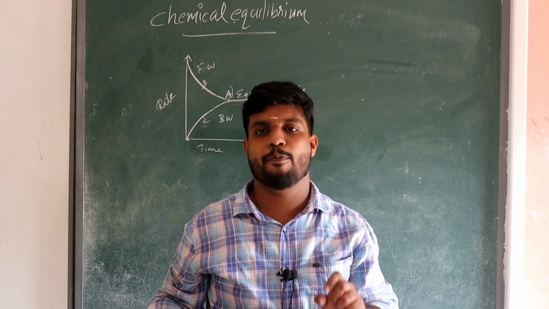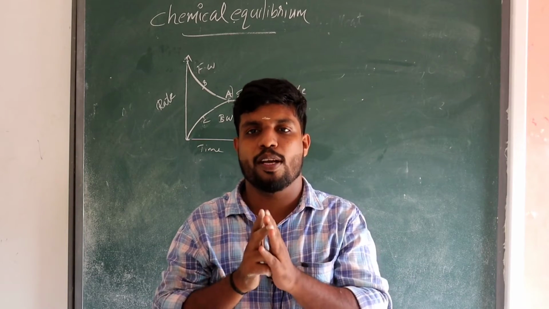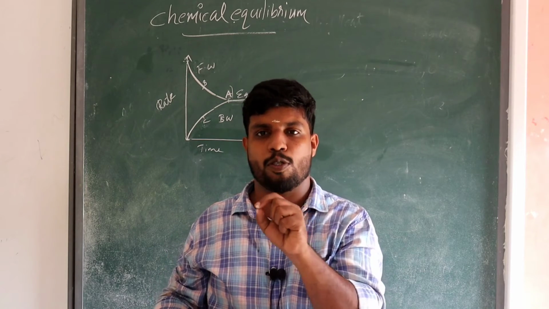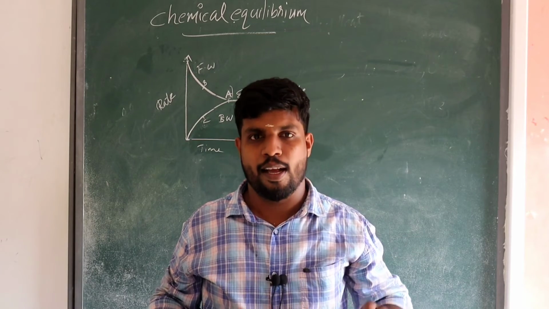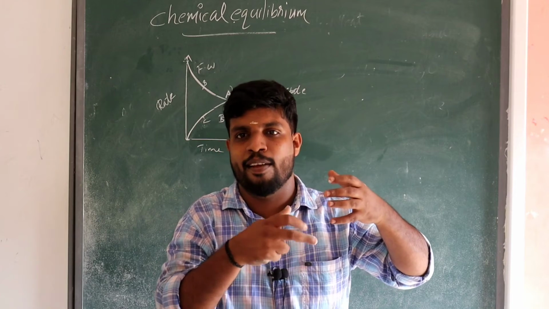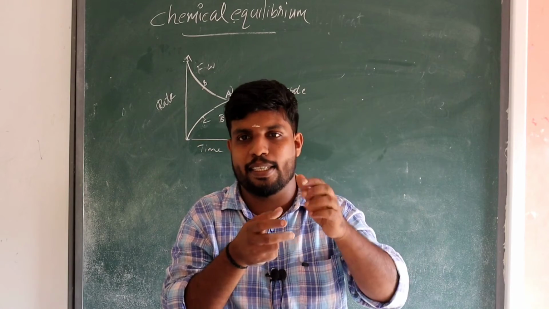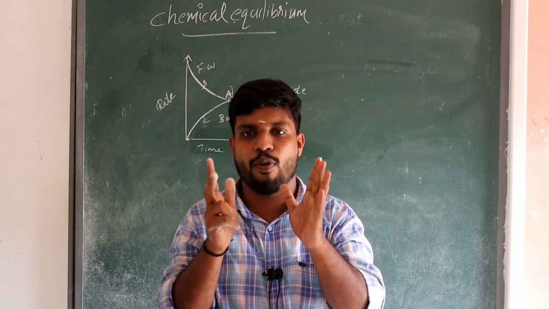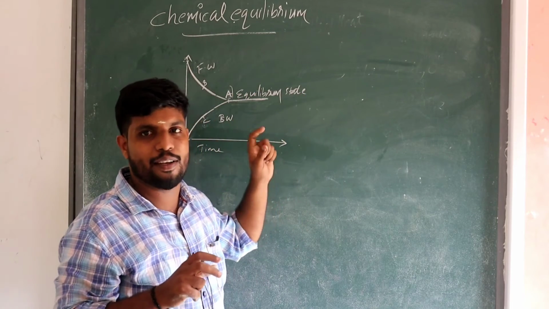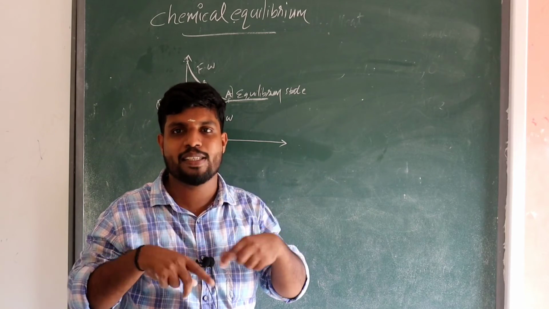This point, when the rate of forward reaction and backward reaction become equal, is known as what? Equilibrium. So the equilibrium position is responsible only for reversible reactions. At the starting, the forward reaction is maximum and there is no backward reaction. As time goes up, the backward reaction increases and the forward reaction decreases. At a particular time, the rates of forward and backward reactions become equal, and then they continue. If you check that, you cannot tell whether the reaction takes place, but the reaction is always kinetic.